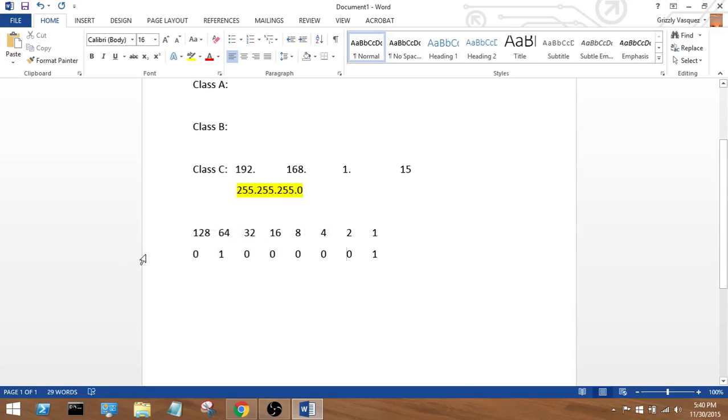Okay? So basically how it works is, whatever is a 1, that means it's turned on, right? Because it's either on, a 1, or it's off, a 0. So basically, if it's a 1, we use that number, and if it's off, we don't use it, right? So right here, a 0. Is this on or off? Off, right? We don't use it. A 64. Is that on or off? It's on, right? So we do use that. So we have a 64